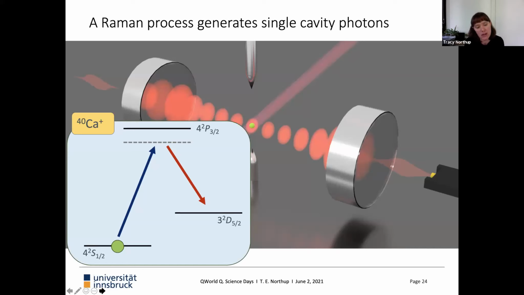So what I sketched here with 2 arrows is a Raman process, which, you may remember from atomic physics, is going to allow us, if we use 2 laser fields, to couple together 2 ground states without populating an excited state. Here, instead of using 2 laser fields, we're going to replace 1 laser field with the cavity, and in fact, with the cavity vacuum field. So in that case, we can still drive a Raman process.